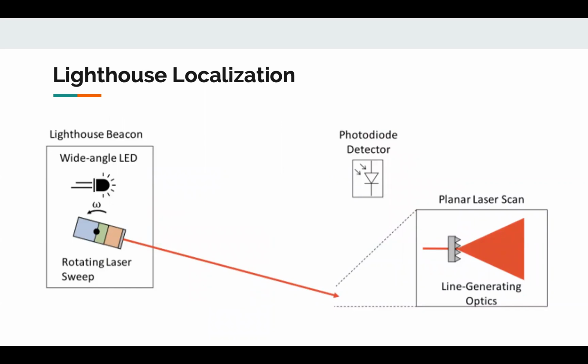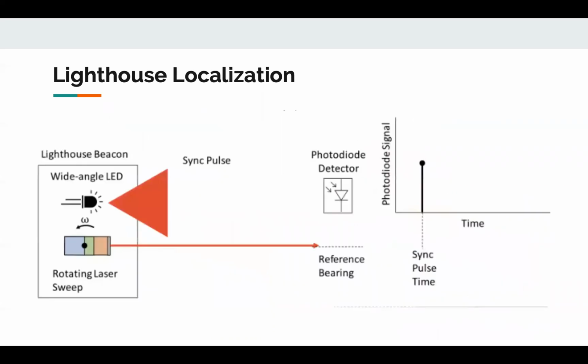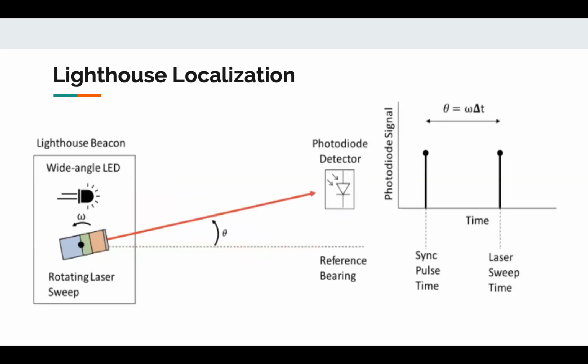range. Once the rotating laser reaches a reference bearing, an array of wide-angle LEDs flash for a specified amount of time to sync the timers of all the nodes in the tracking range and communicate, via the duration of the pulse, the axis, horizontal or vertical, on which the rotating laser is sweeping. Once the planar laser sweep hits the photodiode mounted on the tracked node, it converts the time difference between the sweep hit and the original sync pulse into an azimuth or elevation angle relative to the reference bearing in the Lighthouse